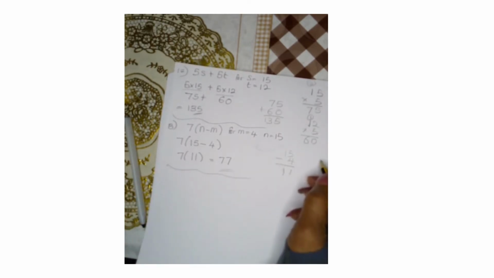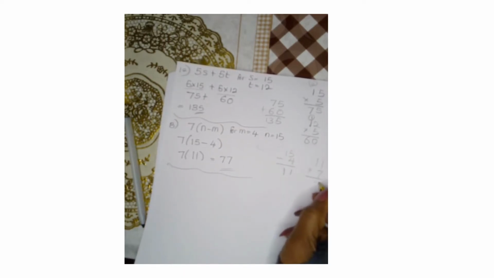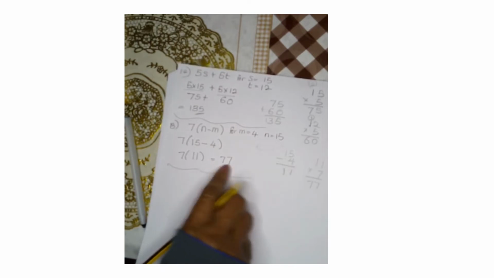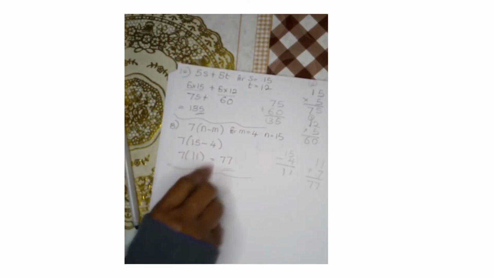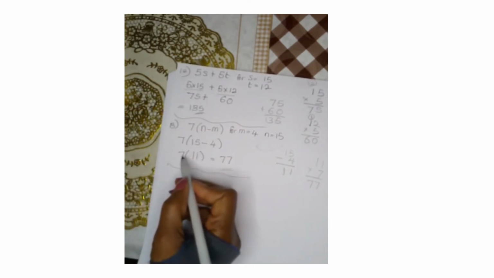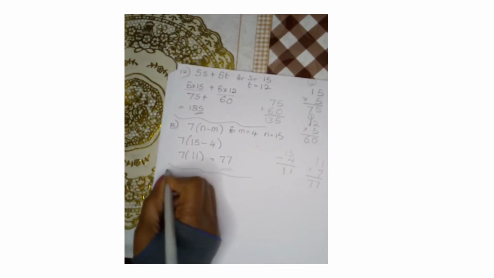7 times 11. 11 multiplied by 7. 7 times 1 is 7. 7 times 1 is 7. That's how we got 77. If I put a bracket here, it also means multiplication because there is no sign here. So you have question number 14,